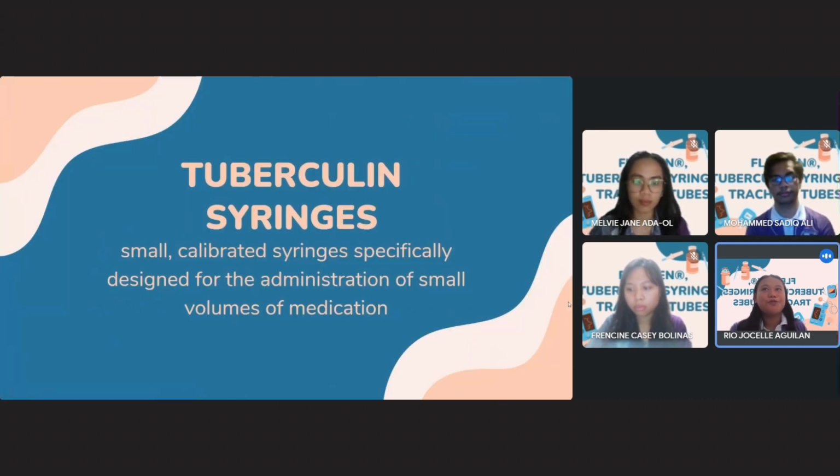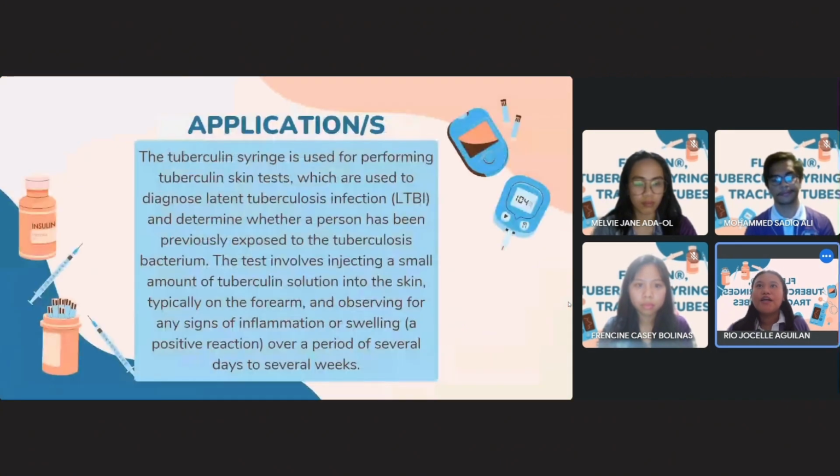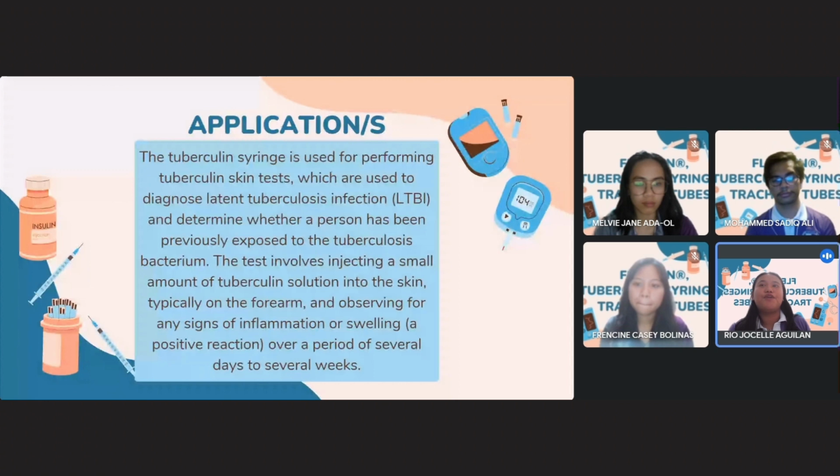Let me introduce to you the next medical device, the tuberculin syringe, which is a small calibrated syringe specifically designed for the administration of small volumes of medication. It looks like this. For its application, the tuberculin syringe is used for performing tuberculin skin tests,